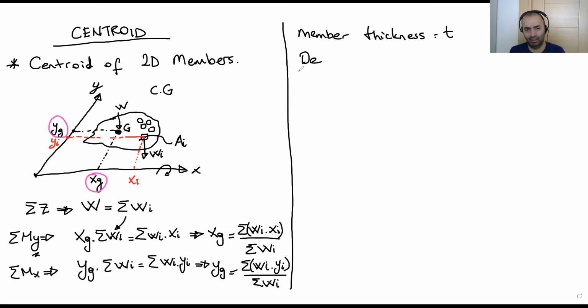You know what the density is? Yoğunluk. Okay. We need the density. The density here is gamma. If this member is a plate,